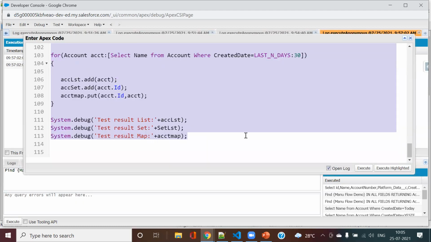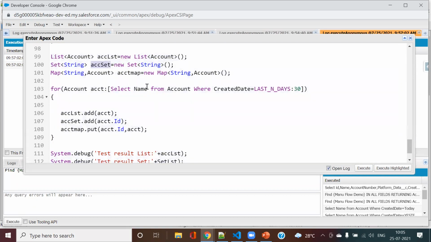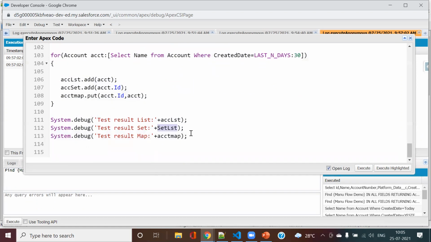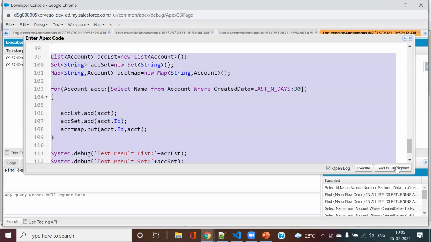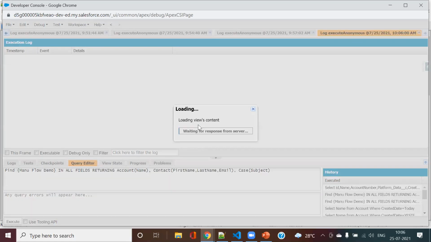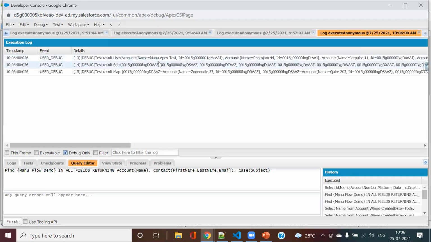Which was a line which does not exist. Okay, I wrote the wrong name, sorry. Now if you see, in the list my account records went into my set, the account ID is there, and into my map the account ID and the account record. So is this clear? Any questions we have? Maybe I can open the code.